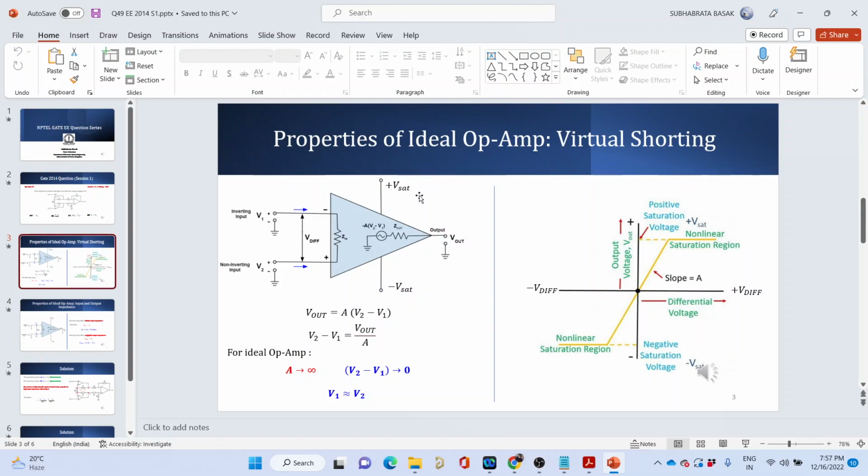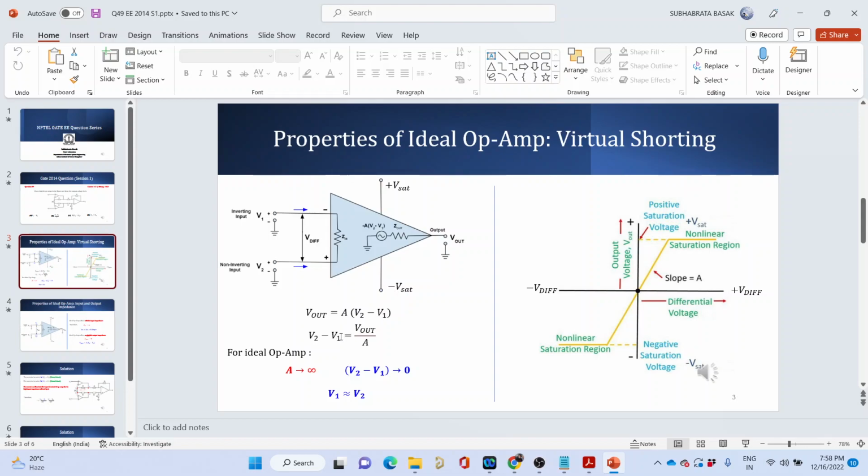You will find that there are two terminals like this where we apply plus voltage, minus voltage, or ground, whatever the data sheet says. You have to apply this voltage from outside. And this is the output that you are going to get. This is a kind of simplified small signal modeling. So if V out is A into V2 minus